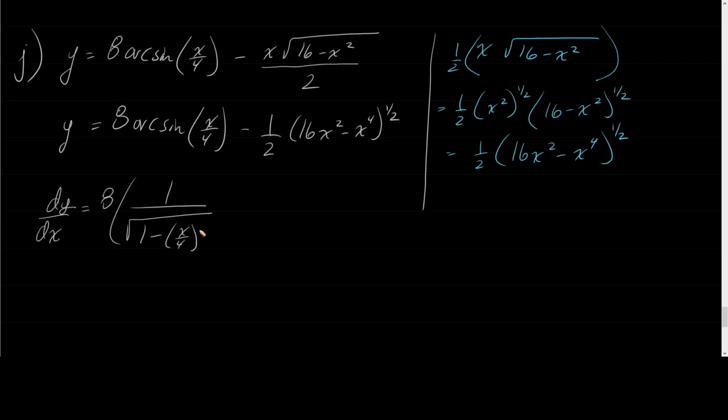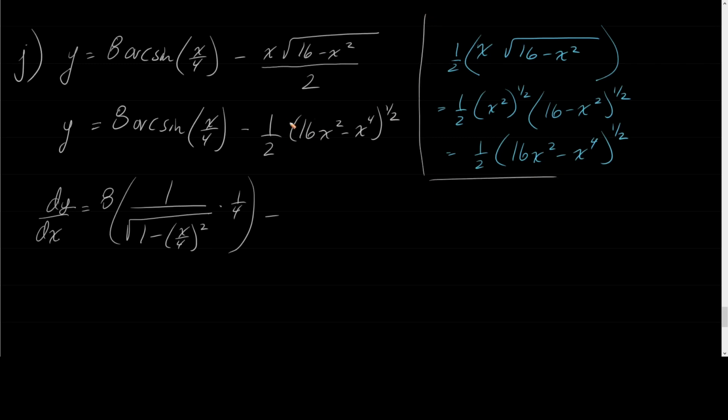So x over 4 squared. Right, that's 1 minus u squared. Times the derivative of the inside. The derivative of x over 4 is just 1 over 4. Right? Minus the